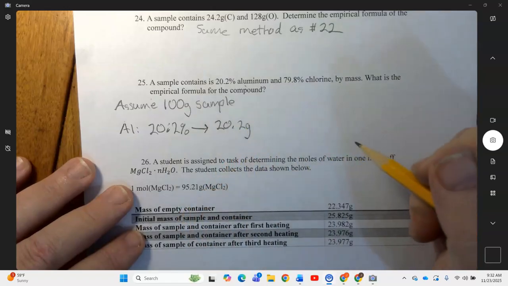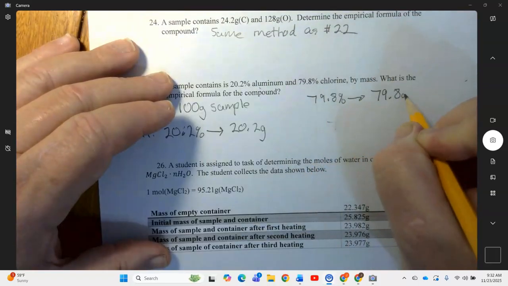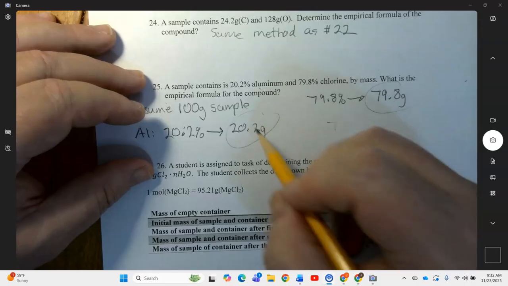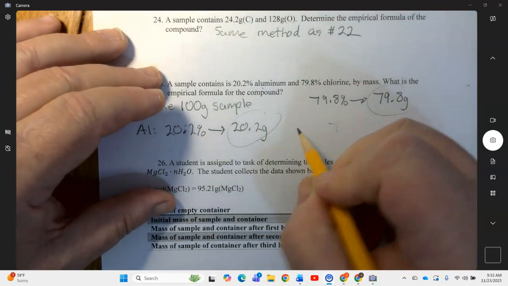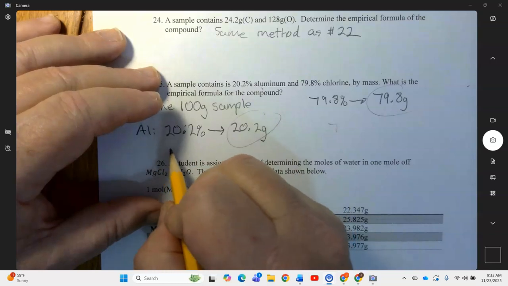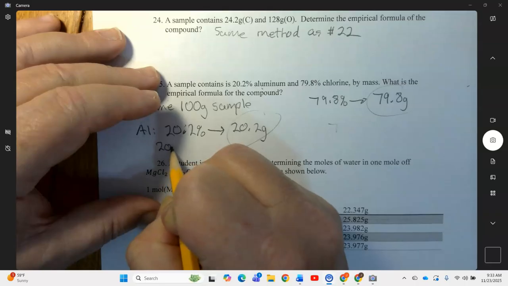Okay, and for the chlorine, okay, so this is what you have: grams of that, grams of that. So now you go to the periodic table, and for aluminum, I'll do the calculation down here. It's going to be 20.2 grams,